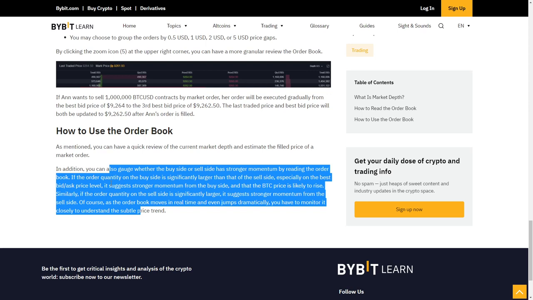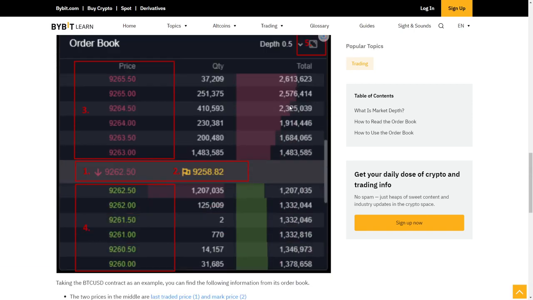The reverse suggests stronger momentum from the sell side. Of course, as the order book moves in real time and even jumps dramatically, you have to monitor closely to understand the subtle price moves. So here you can see,